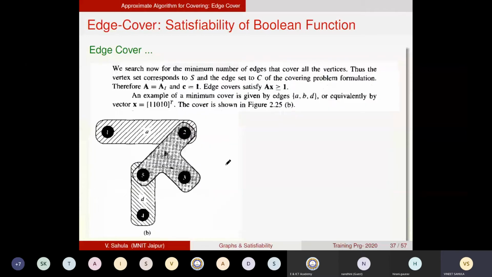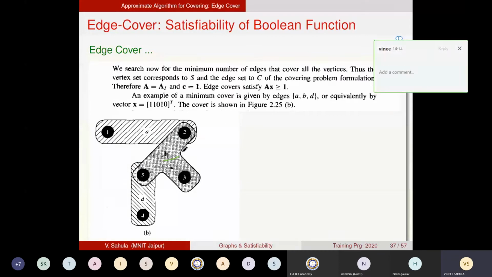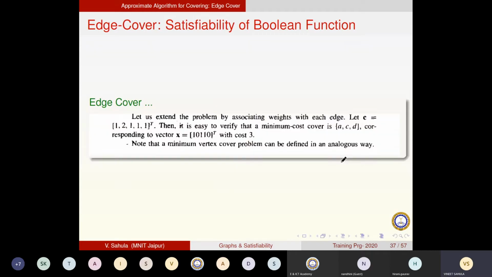Another solution the book is giving you. Let us choose B. So A was required for vertex 1 and D is of course required for 4. There is no option. So you still have the same solution, three implicants. This is the way to do the approximate way. It depends on how you choose the first edge, and the whole solution differs. So this is a heuristic. Right.